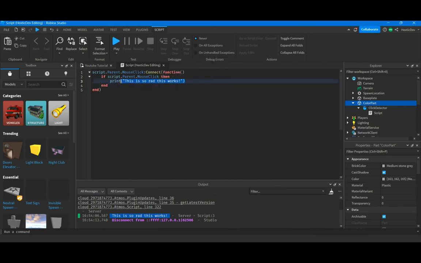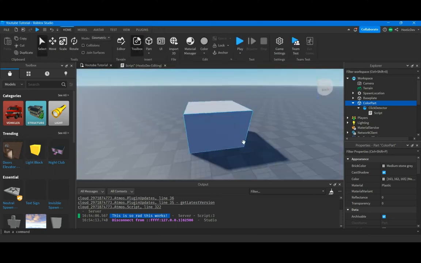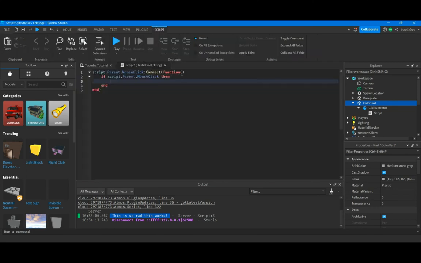So we can go ahead and do some other things from there now that we know that works. So what you want to do is try to get the color of your part first. So what we're going to go ahead and do is if script.parent.MouseClick, then if script.parent.parent.parent.part, I think. Oh no, whoops. I forgot I renamed it. Okay, so dot color part. Nope. Sorry about that. Dot parent dot color part. There we go. Dot color part. Let's see. Dot color,